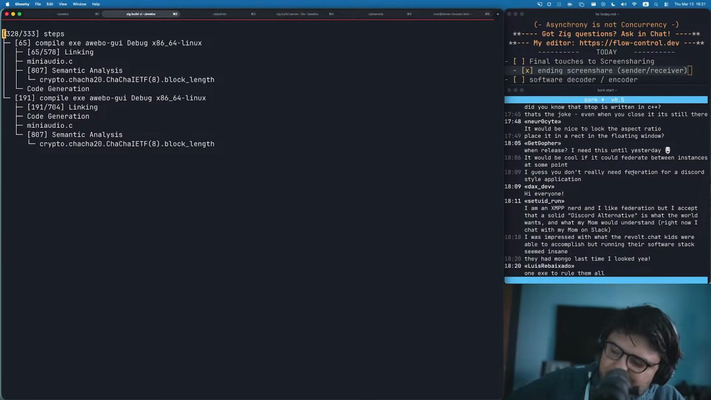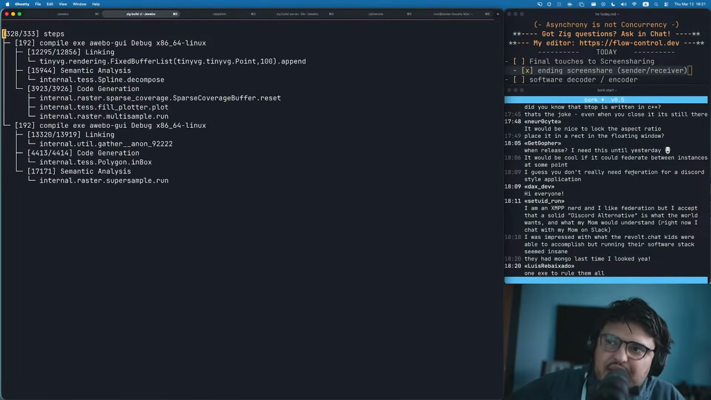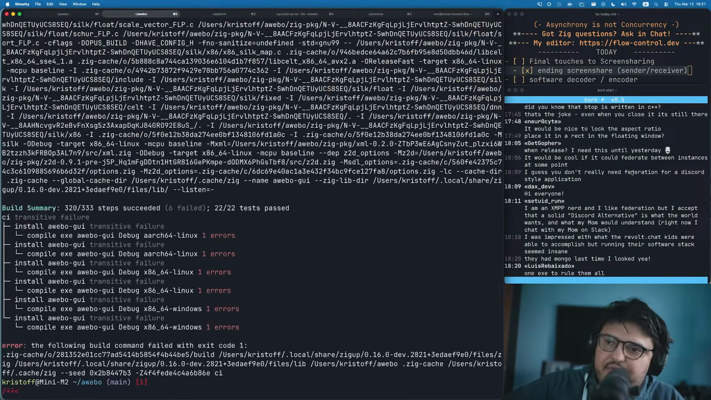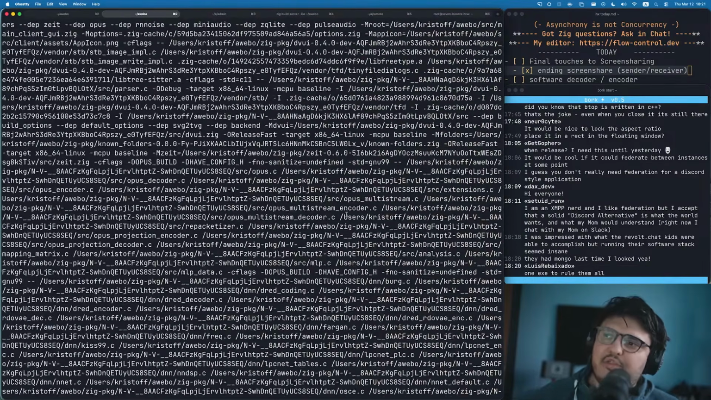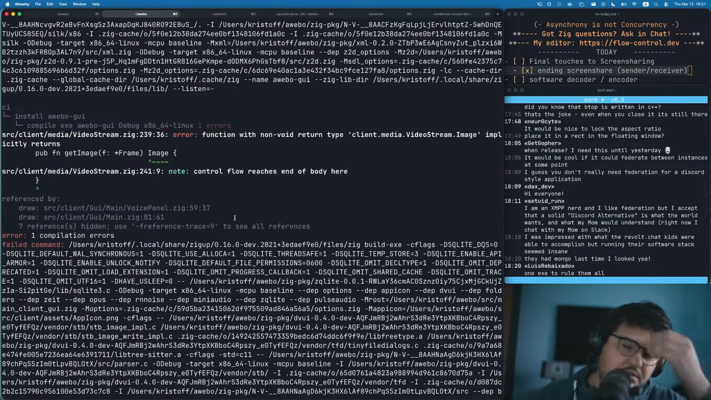So none of this with Awebo. I'm not saying that it's going to be bug free. It's not going to be bug free, but it's not going to have bugs that are not even considered bugs because it's just bad behavior. 10 dependencies in